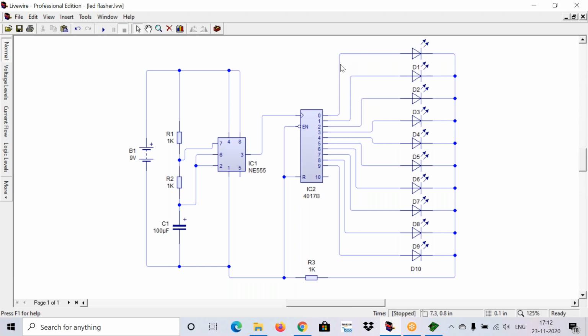Now open both the softwares, and I need all of you to open the LED flasher circuit which you designed in the previous class. I think everybody has the circuits with you. Just open it quickly.